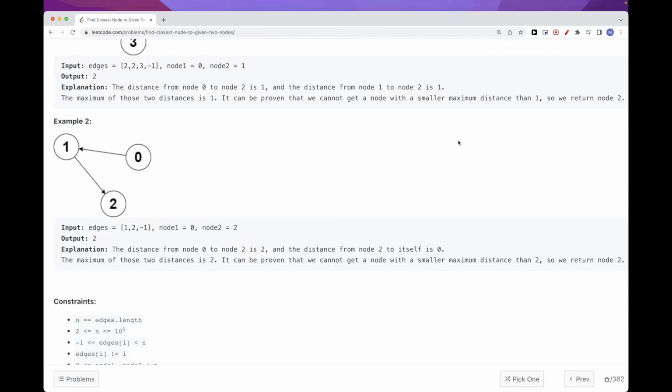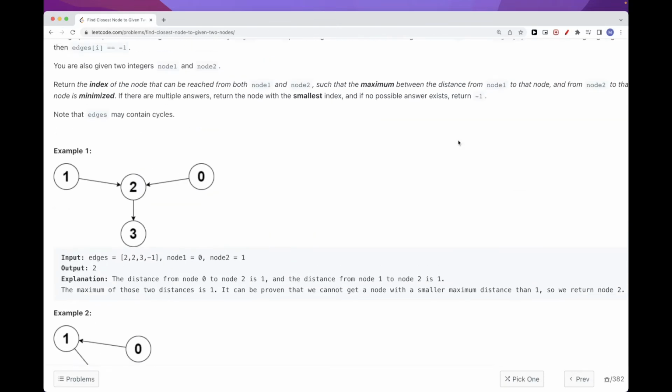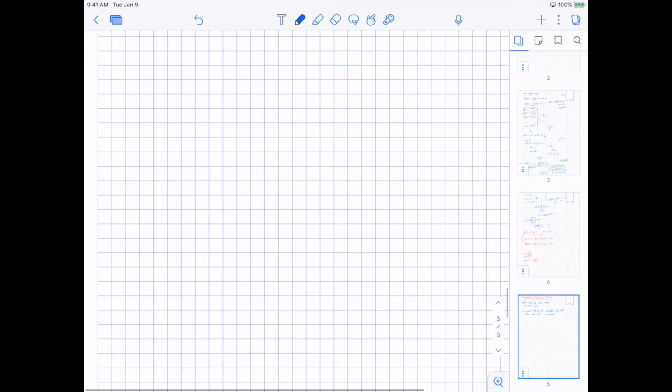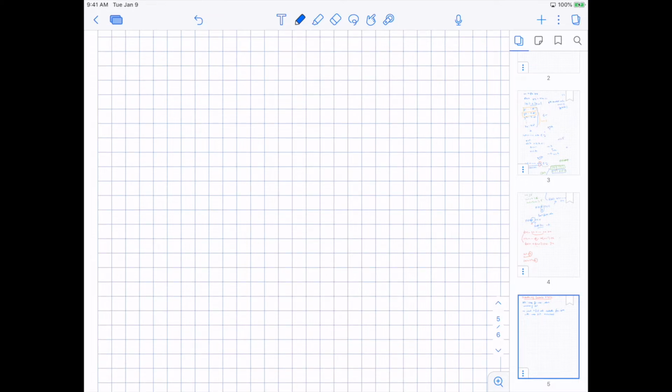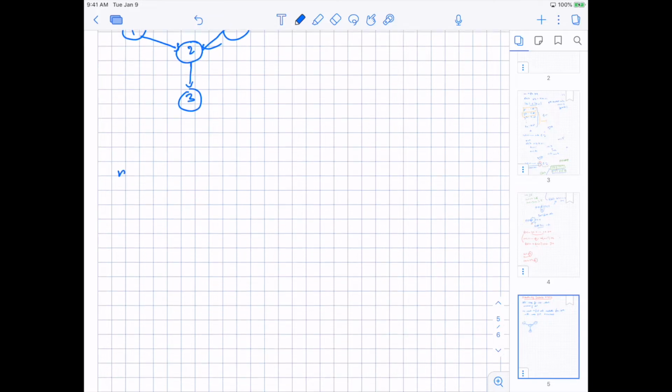So that's the main idea of the problem. Now let's see how we can solve it. Okay, so this is the example that we had. The main thing we can think about is that what we want is to minimize the distance, right,